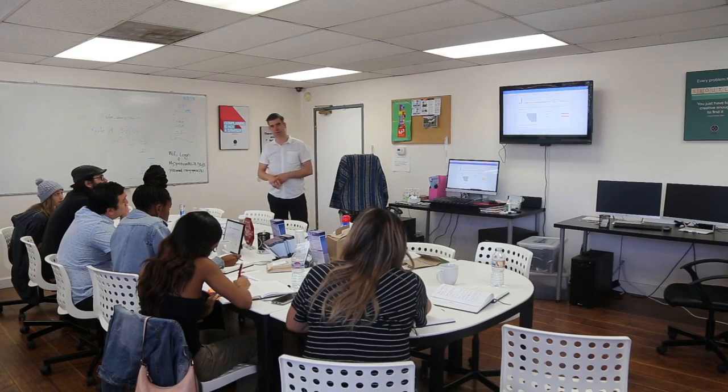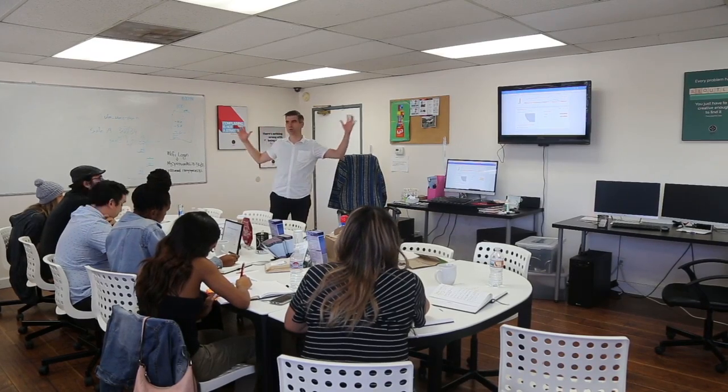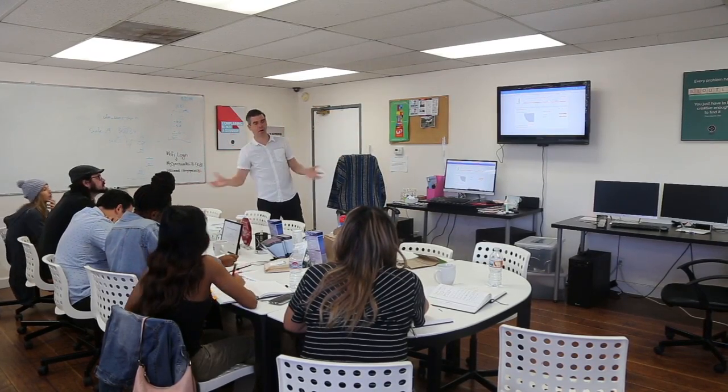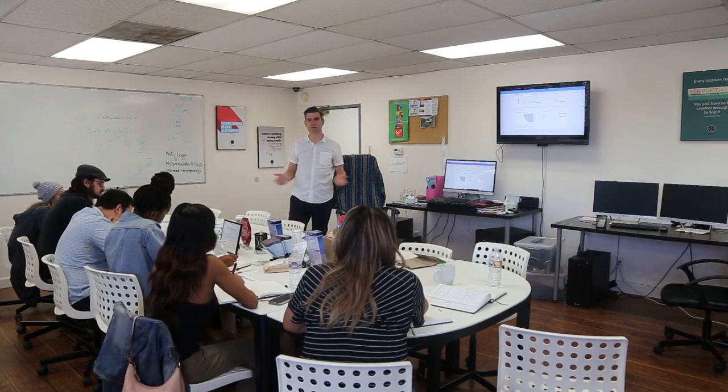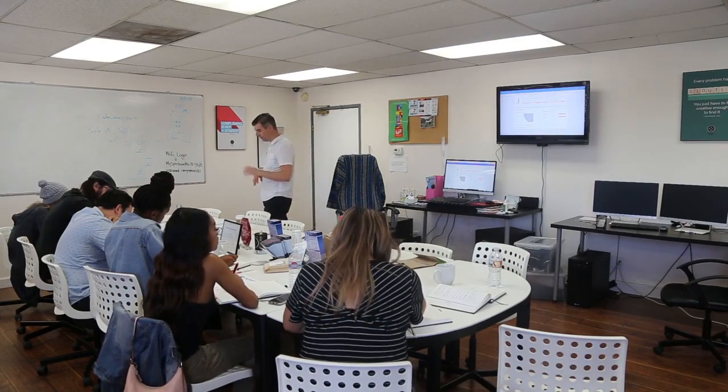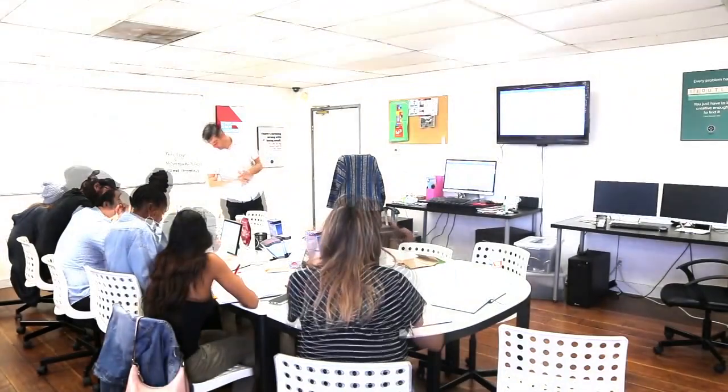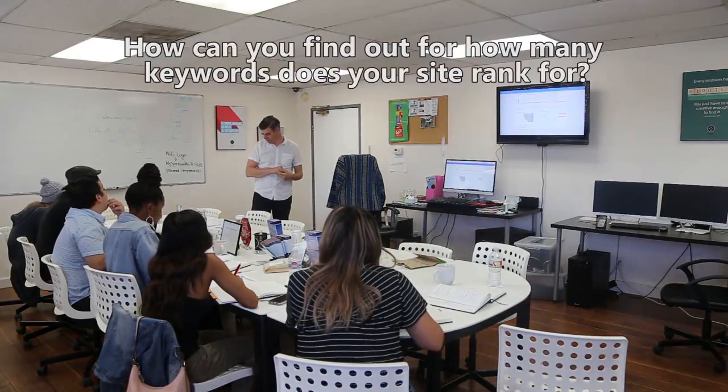So look at that. We'll print it out later for you so you can see all 200 ranking factors, and understand how Google is calculating this ranking. Only knowing 5 or 6 is not enough. How can you find out how many keywords your site ranks